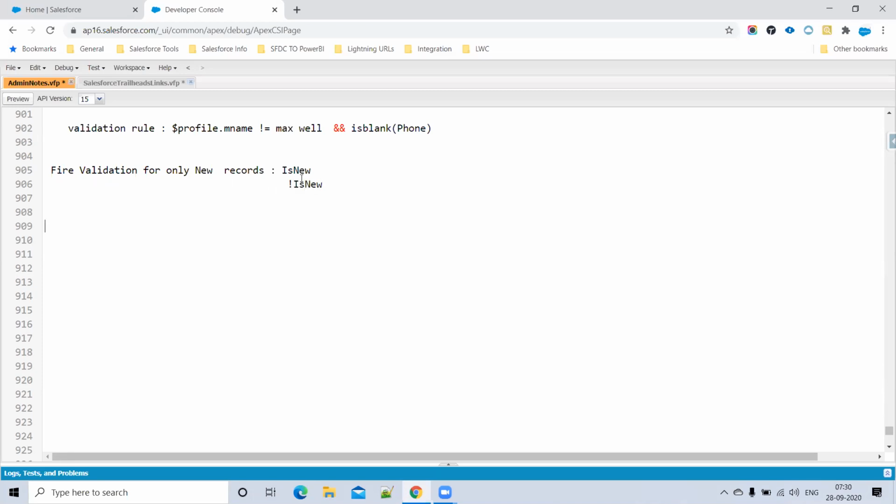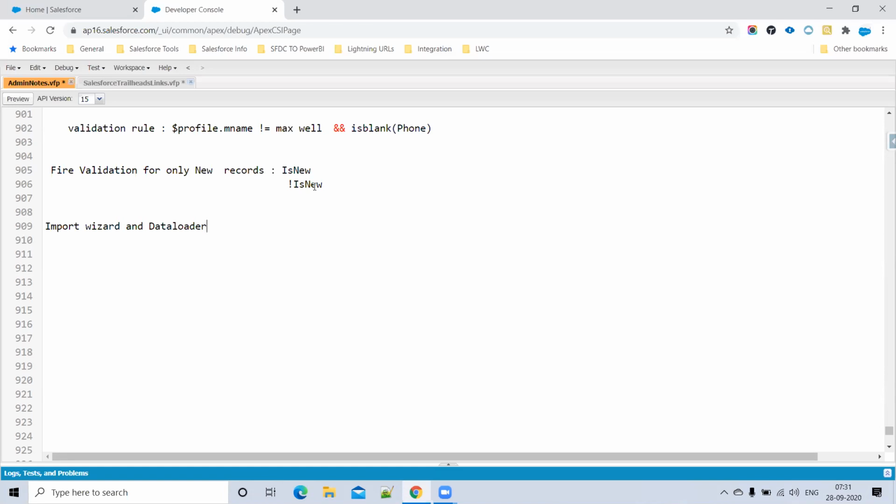What is the difference between import wizard and data loader? With import wizard, you can load up to 50,000 records, whereas data loader will load more than 50,000. Import wizard supports only a few standard objects such as account, contact, leads, campaign members, and solution, and all custom objects, whereas data loader supports all standard and custom objects.